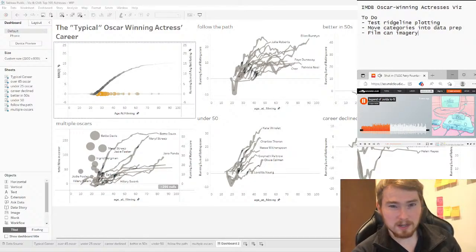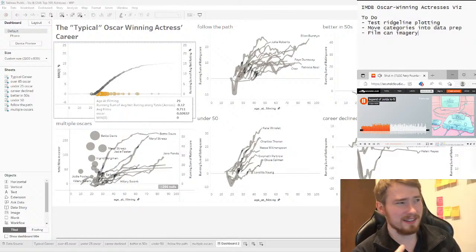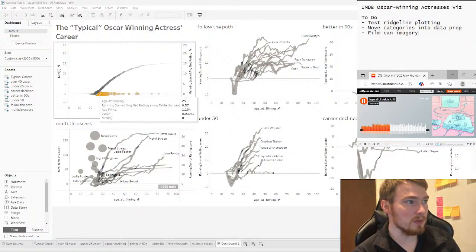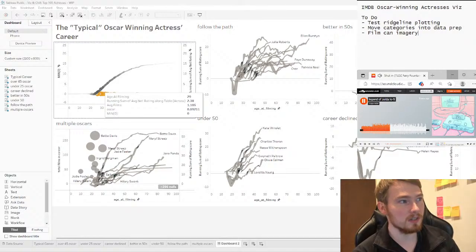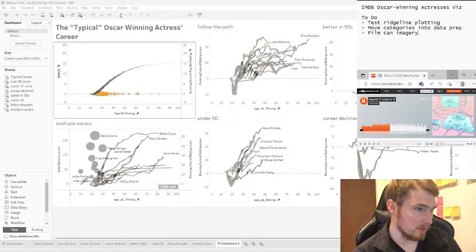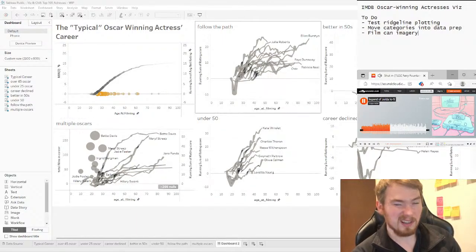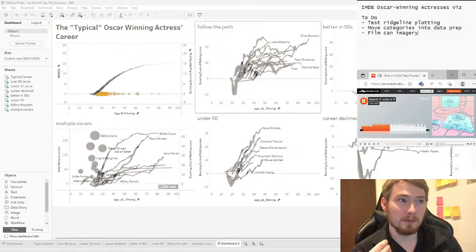So it's come up with some quite... Here looks typical. The typical looks very smooth, and you think, oh yes, you've just got to consistently work at being in better than average films throughout your career. When really, we look around some of these different lines here, it's all insane. It doesn't really matter to an extent. There were so many where I was thinking how many of them went and broke the rule in this case.